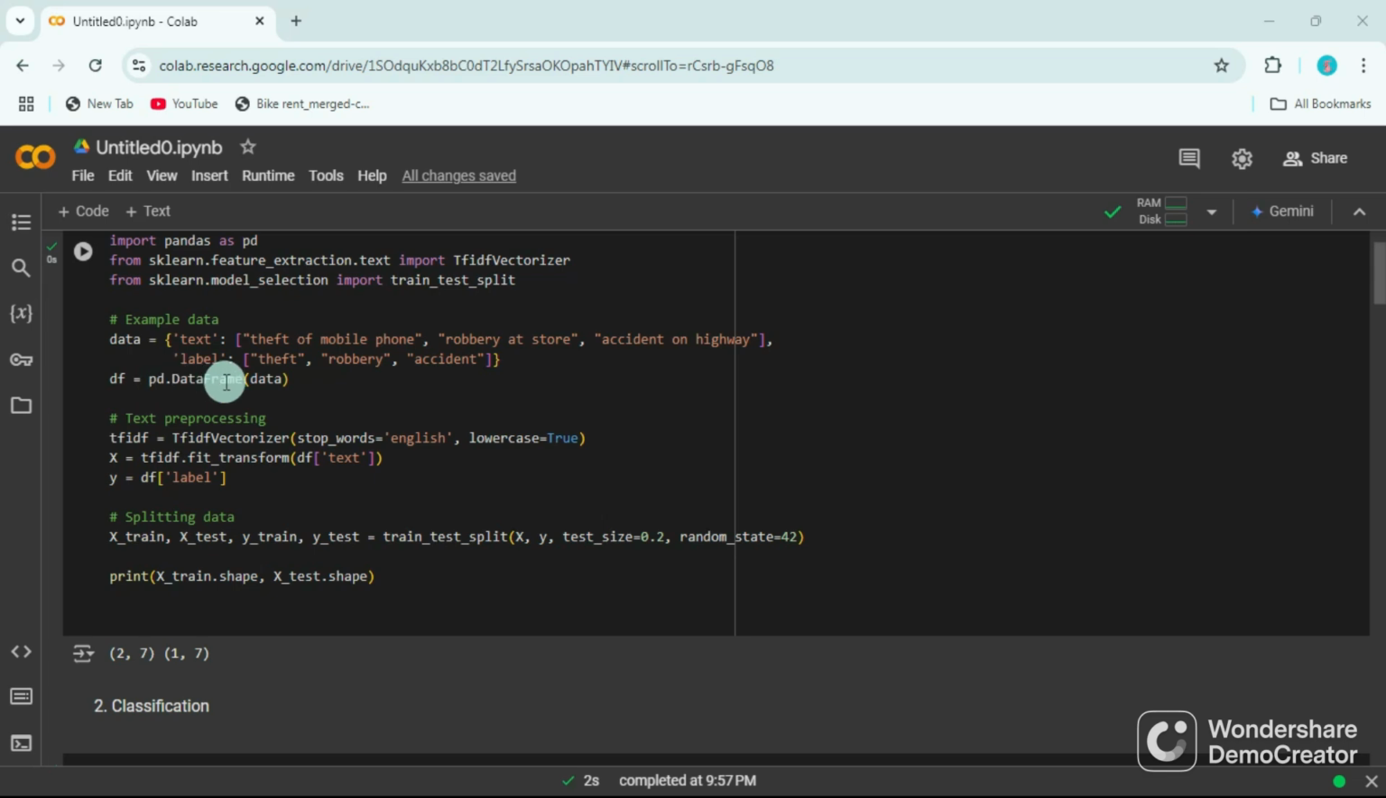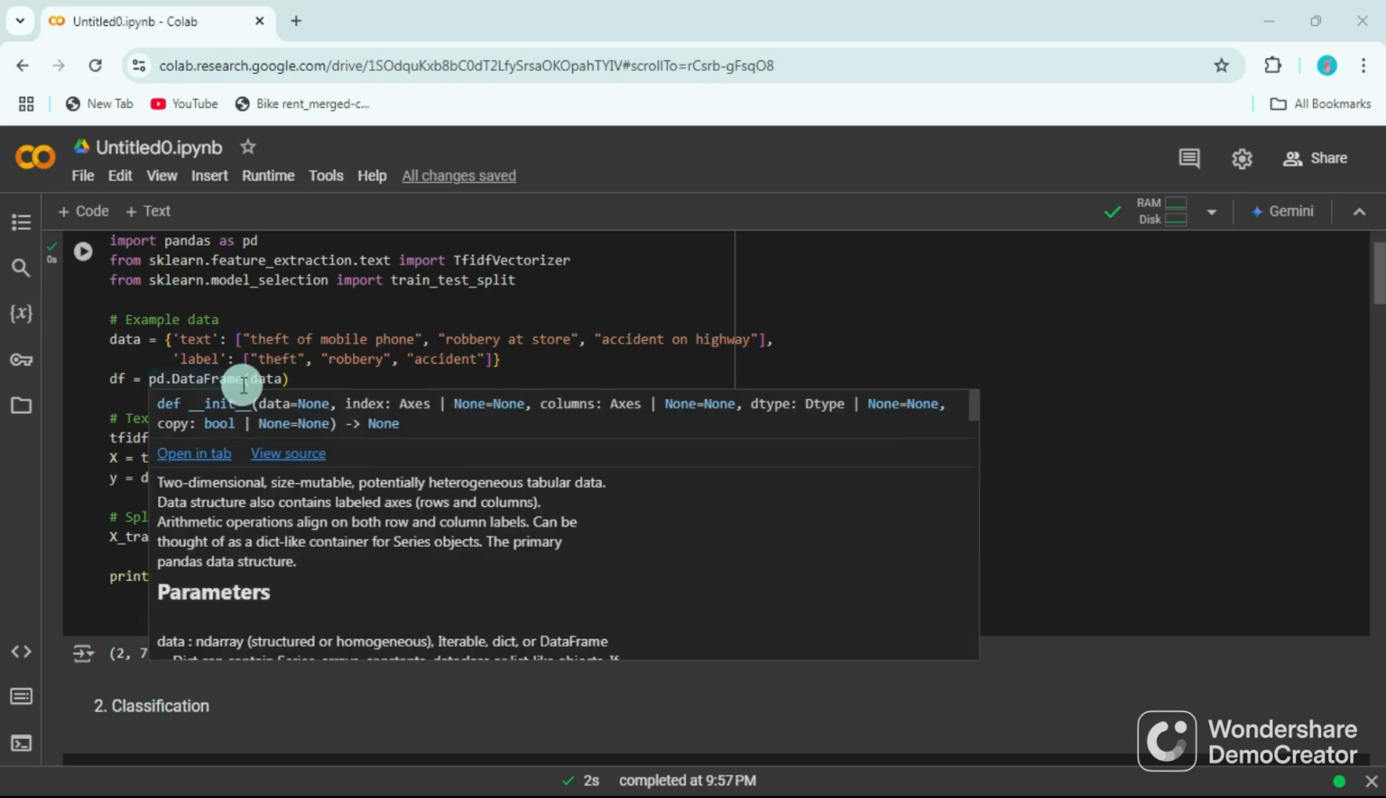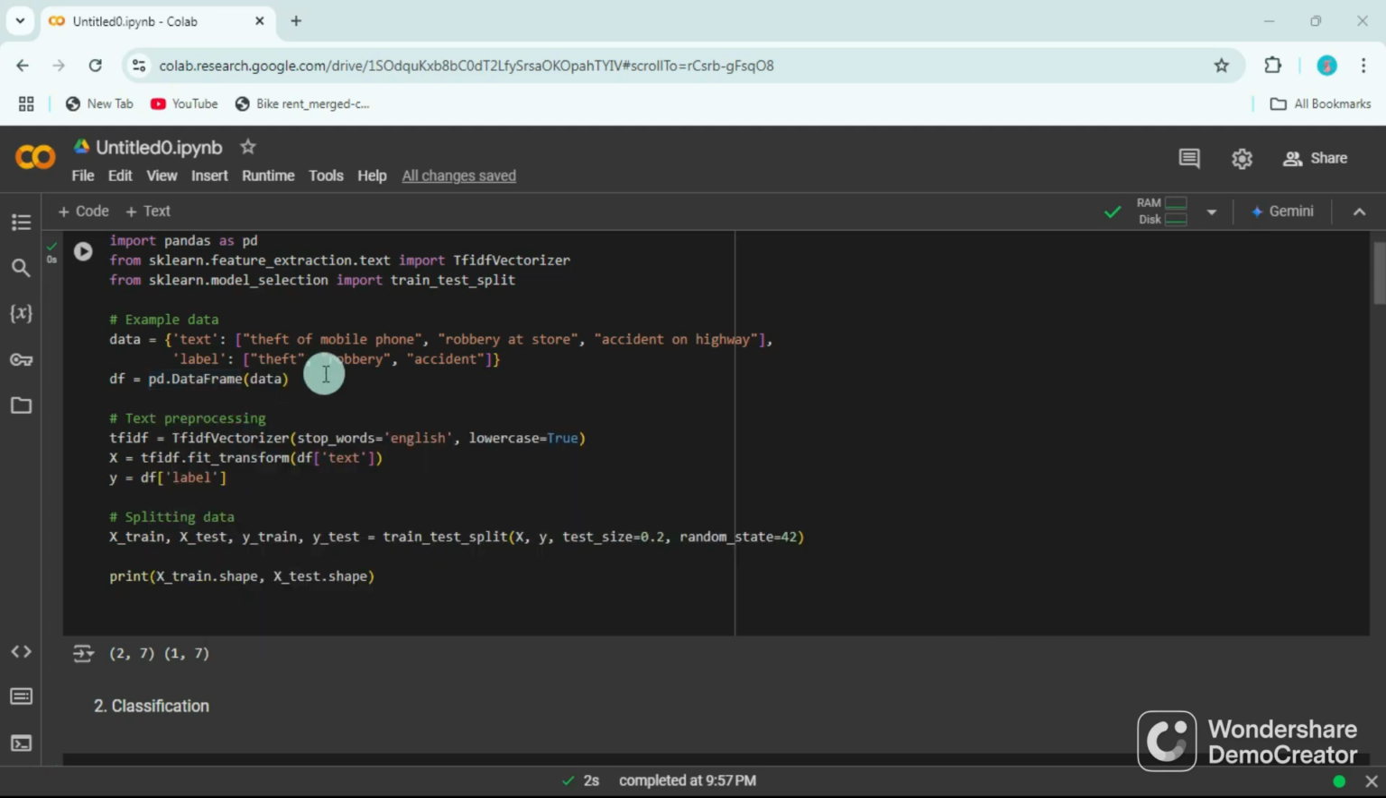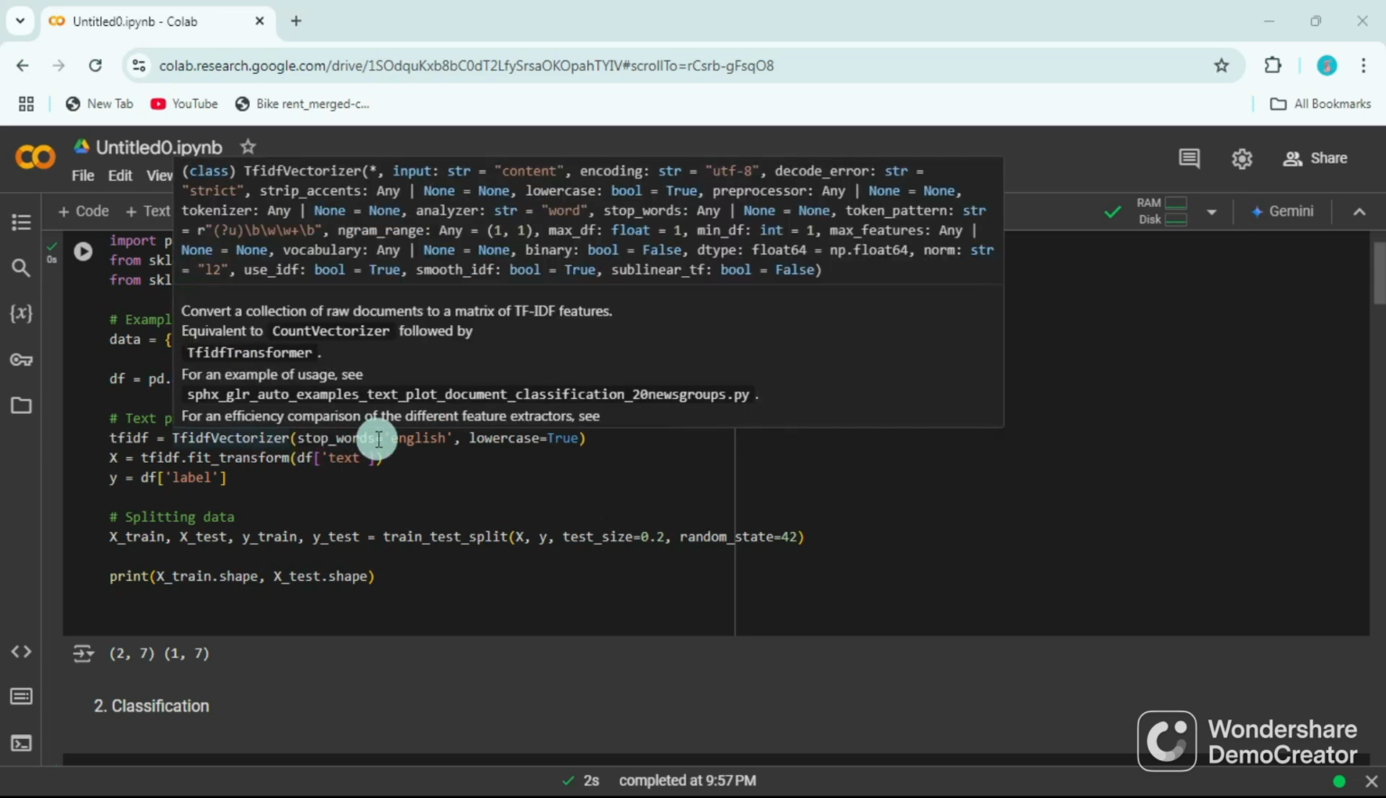df equal to pd.DataFrame(data). This creates a pandas data frame called df from the data dictionary. A data frame is a two-dimensional table of data with rows and columns. Then text preprocessing: tfidf equal to TfidfVectorizer creates a TF-IDF vectorizer object called tfidf with two parameters, stop_words equal to English